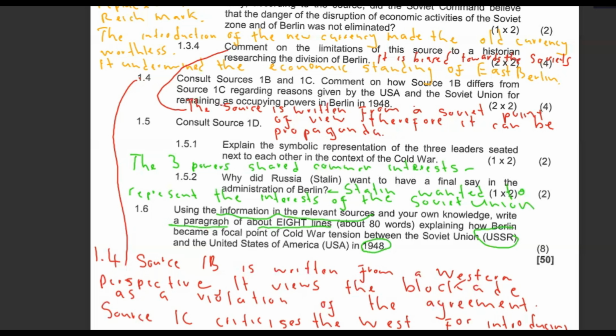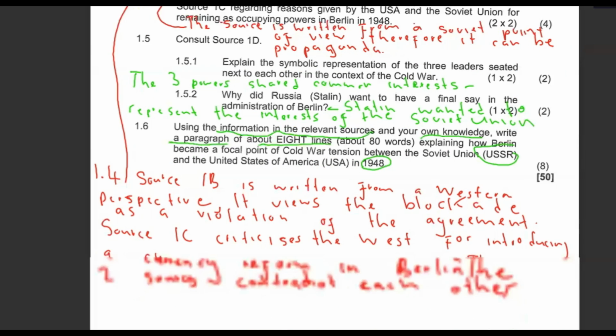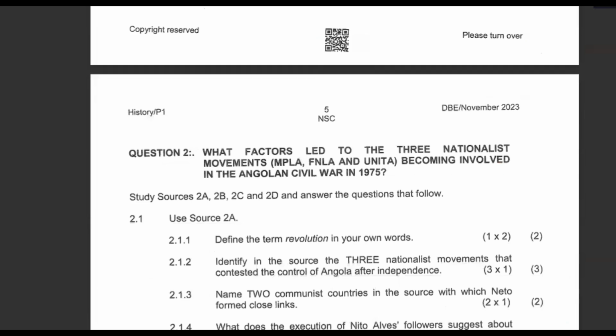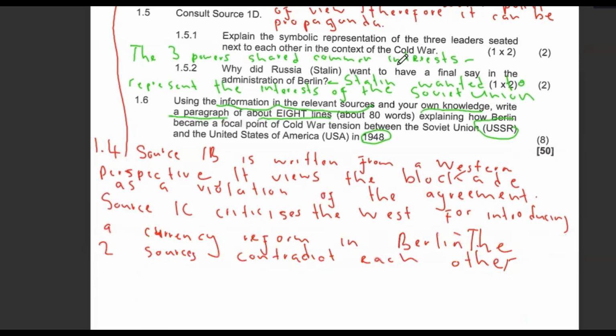Then also include your own knowledge about what was taking place during the Cold War or during the Berlin blockade. So our paragraph, I'm going to write it below in red. It will be 1.6. So when it comes to this paragraph,